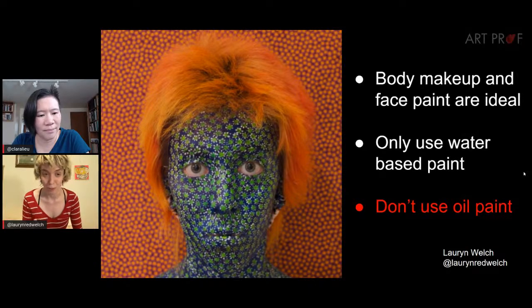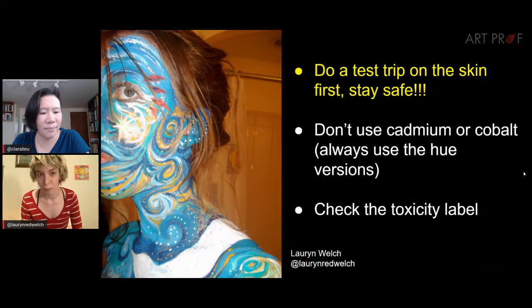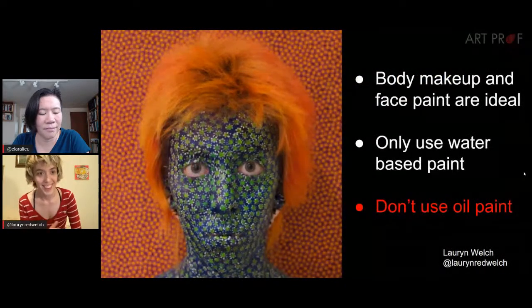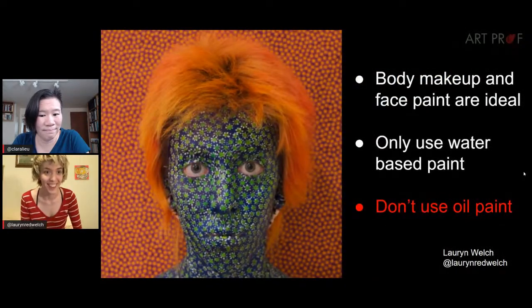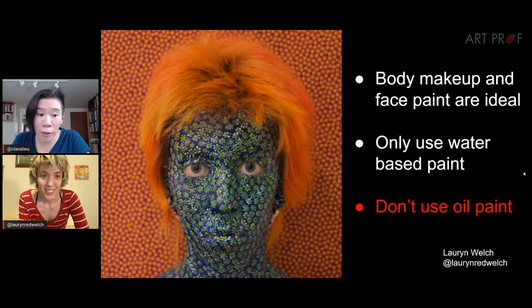Don't do that, just to be safe. Look for hue or non-toxic on your paints if you do go that route, and never use something like an oil-based paint. That's absolutely not meant for your skin at all. You will absorb it into your body. I would say in general, water-based paint.